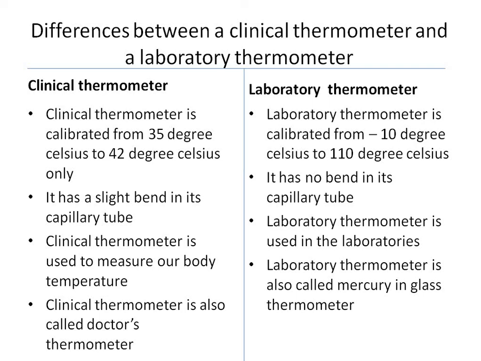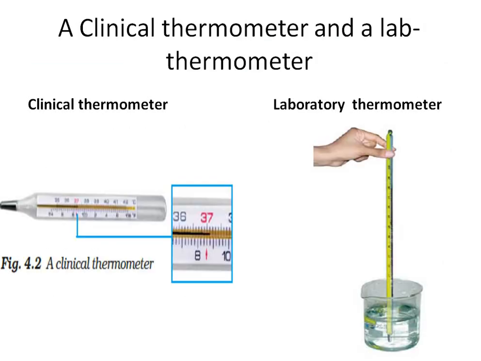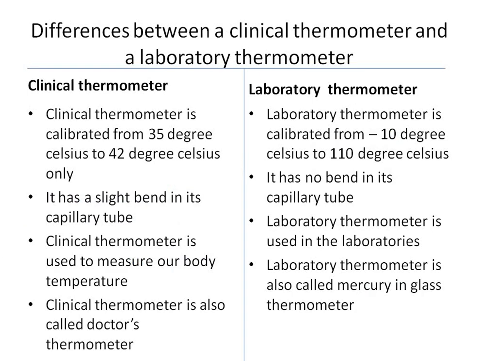if you have the book, there are two activities, activity 3 and activity 4. Fill them up. If you have the book, then fill it up in activity 3 and activity 4. Okay. So draw this diagram. Both these diagrams you have to draw, and you write this difference between the laboratory thermometer and the clinical thermometer. Okay, clear?